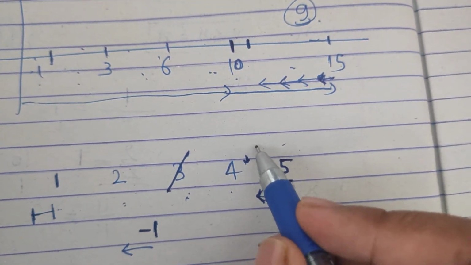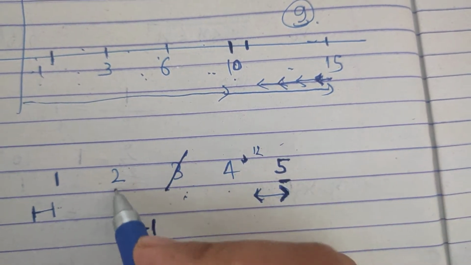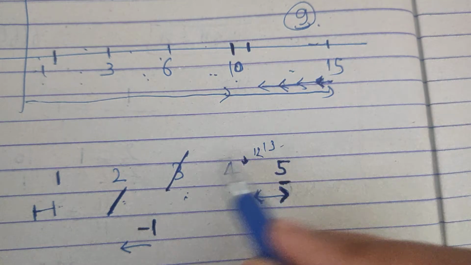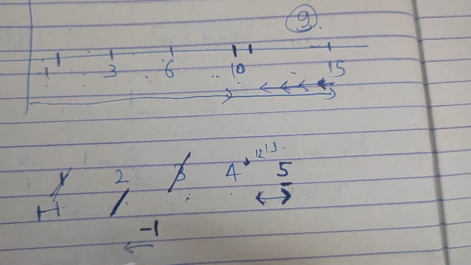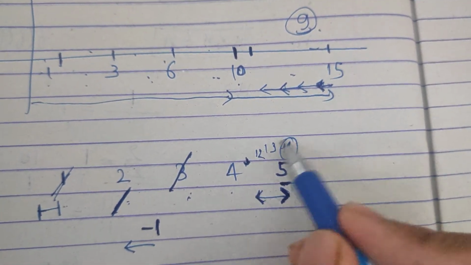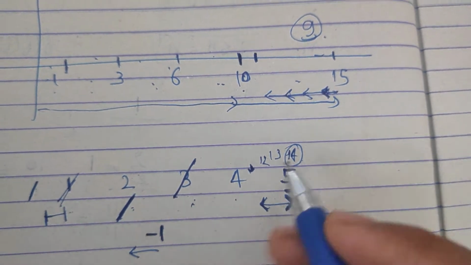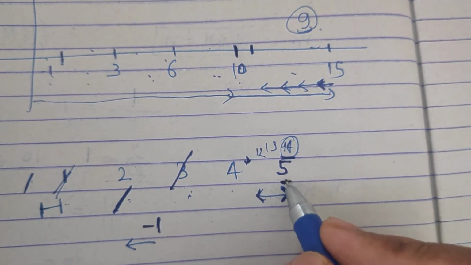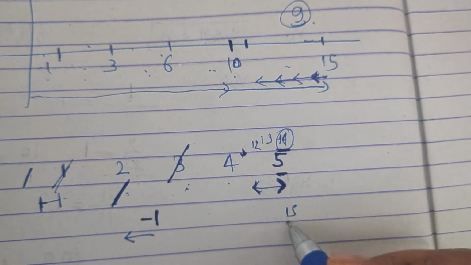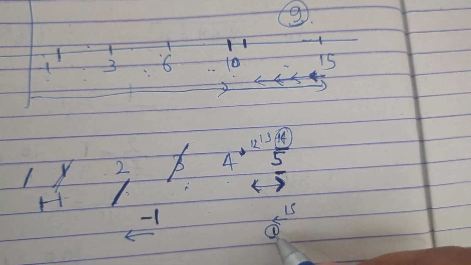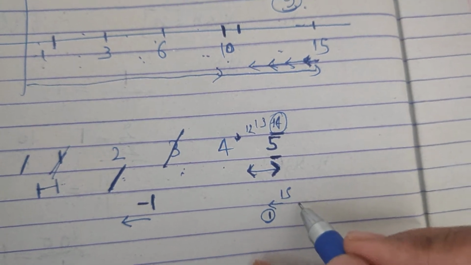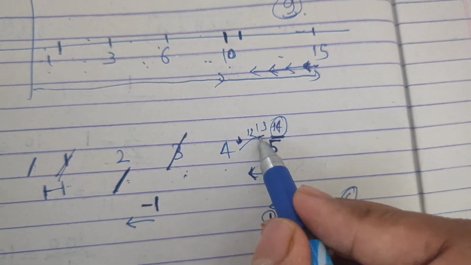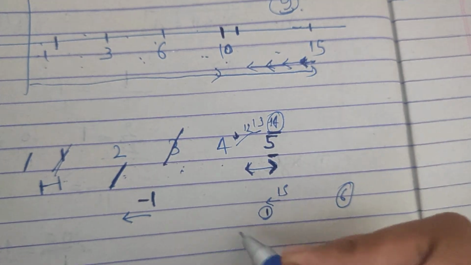so we will eliminate this. And suppose we have to go to 12, then we will eliminate this one. Suppose we have to go to 13, then we will eliminate this one. But for 14 we can't eliminate anything. So for 14 what we will do is that we will reach 15 and then we will go one step backwards. In this case it needs one more turn, so 5 plus 1 is 6 turns. But for 11, 12 and 13 we can reach there by 5 turns only.